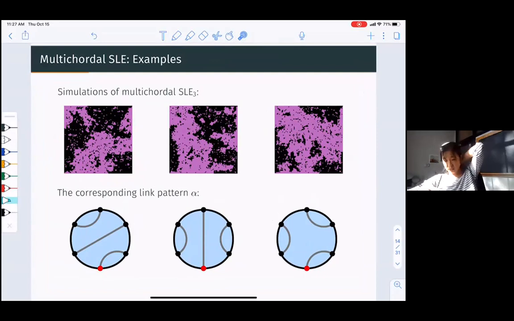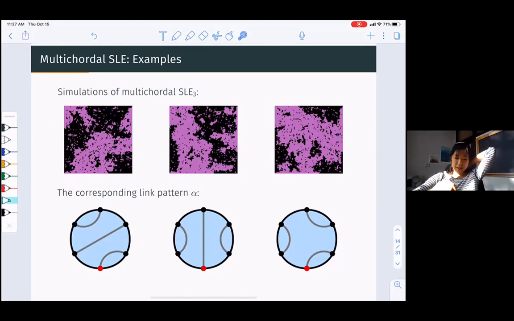Here, this is a simulation of the critical Ising model by Evelina. Conditional on this interface, it will just be an interface inside this domain with two different boundary conditions, and therefore this curve has to be